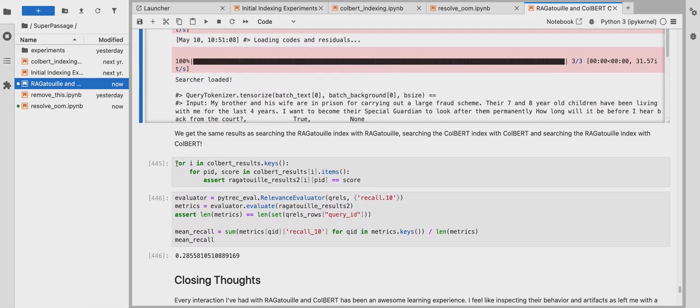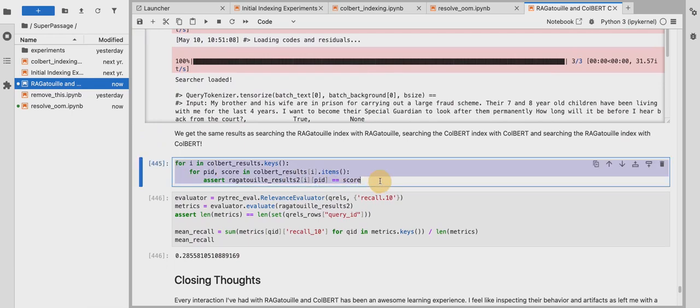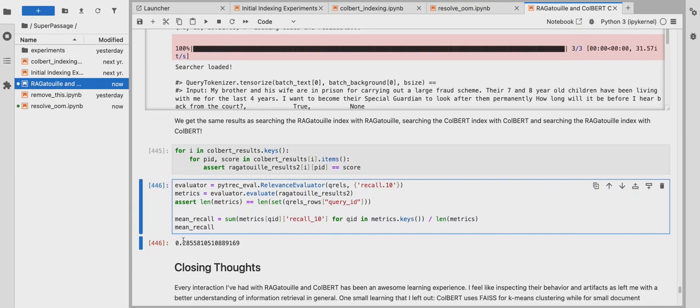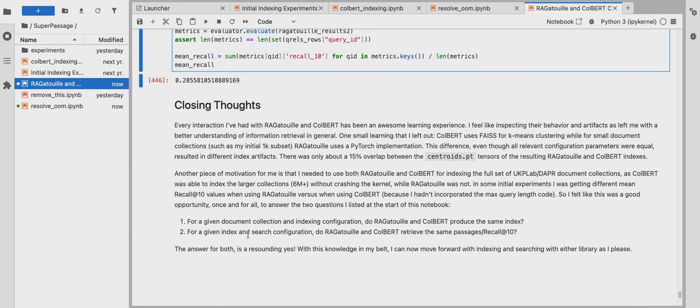And as you might expect, I'm running the same checks. I'm iterating through my previous results, and I get the same scores. And I run this through my script to evaluate it using PyTorch, and I get the same mean recall at 10 of 0.286. So with that, now I have fully answered both of my questions, and they are a capital